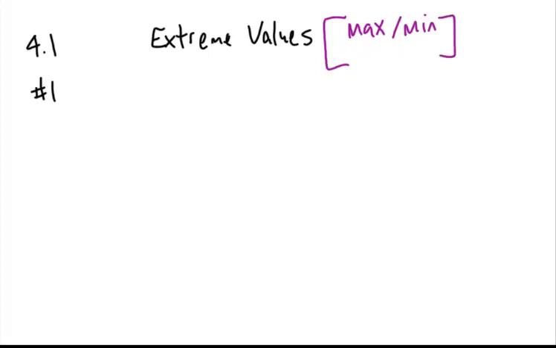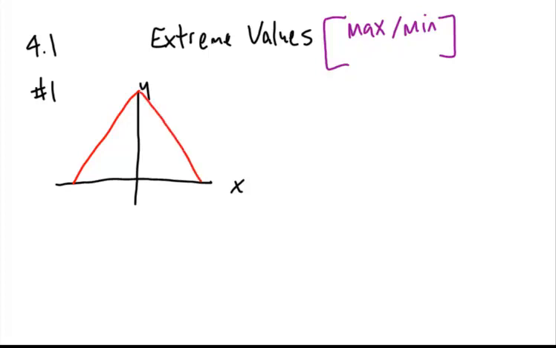And on that very first question, they give you this guy right here. They give you an XY axis, and they give you a graph that looks like this. And they tell us that this is the point -2, this is the point +2, and this is 2 on the y-axis. We'll make that guy taller. Okay. So what we're going to do is, in order to find the extreme values, we want to find